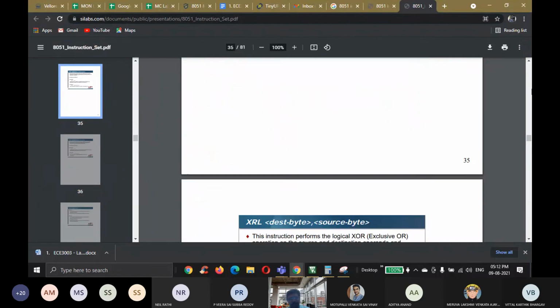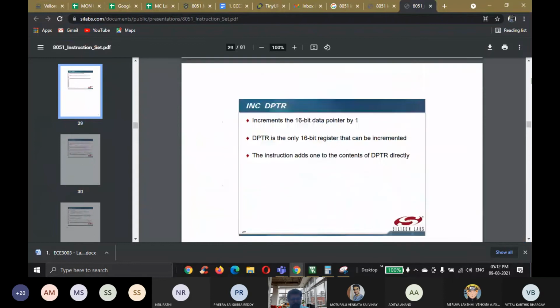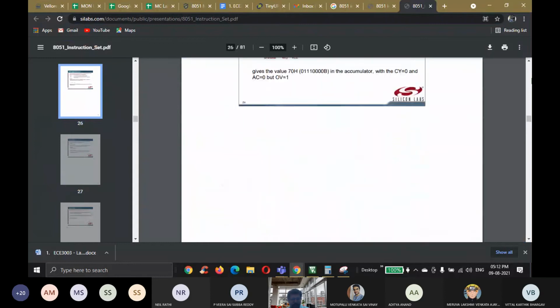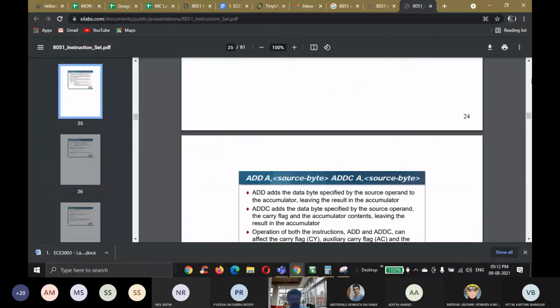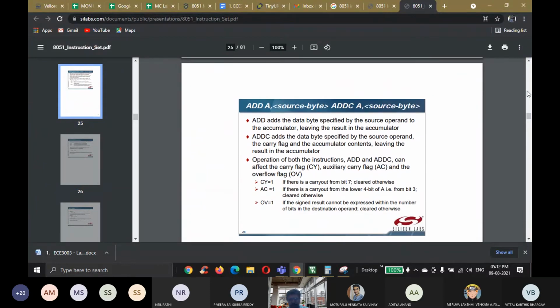For example, we can start with the ADD instruction. We have used this ADD instruction till now. They have given: if there is a carry out from the 7th bit, CY is equal to 1. Auxiliary carry will be affected only if there is a carry out from the 4th bit, that is from bit 3.